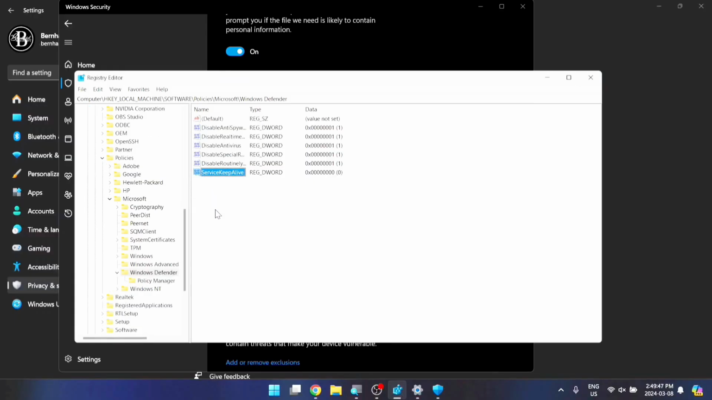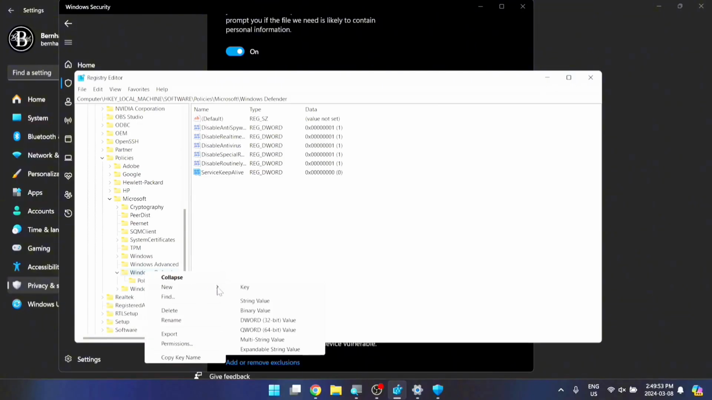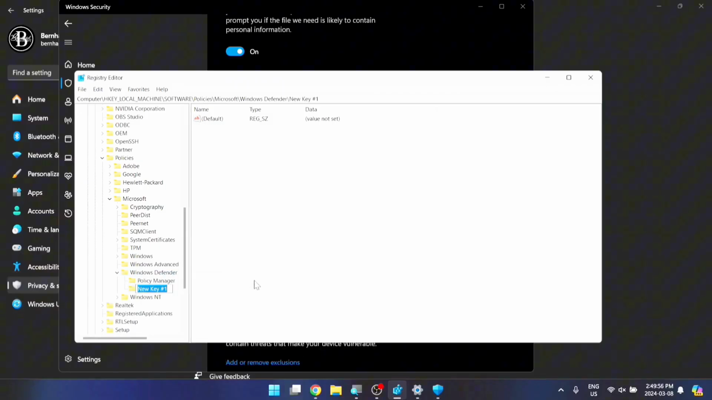So now we need to create a new key in here inside Windows Defender. So right click on it, New, and then hit Key. And we're going to call this Real-Time Protection, and then go into it. Okay, now over on the right side here, we need to create a list of new